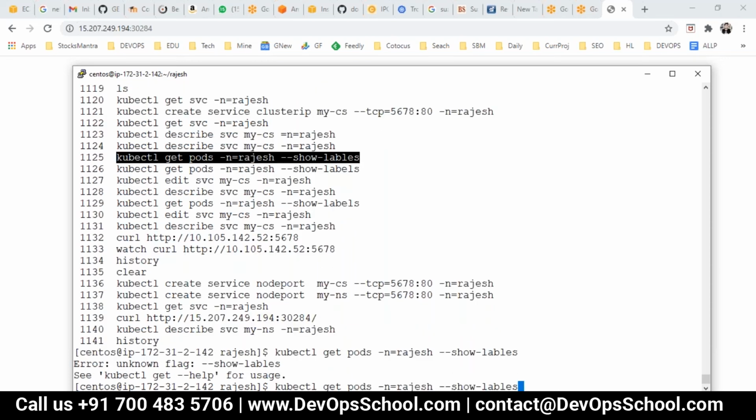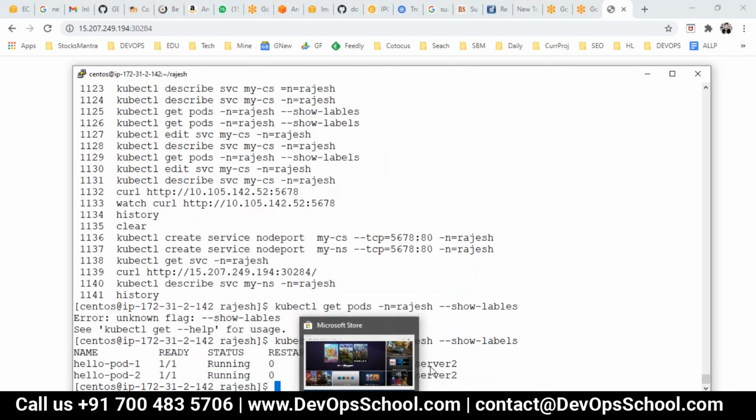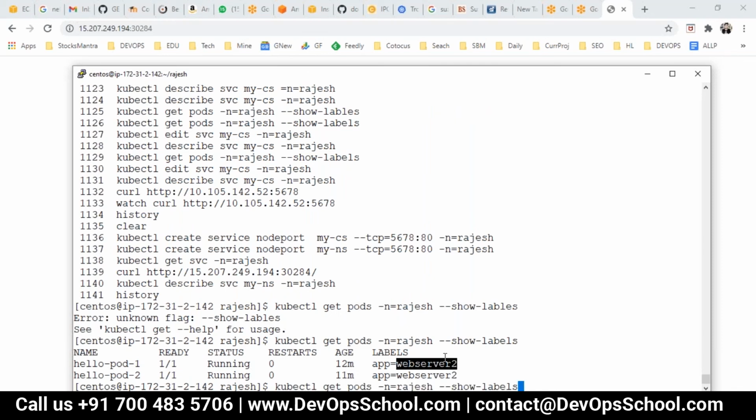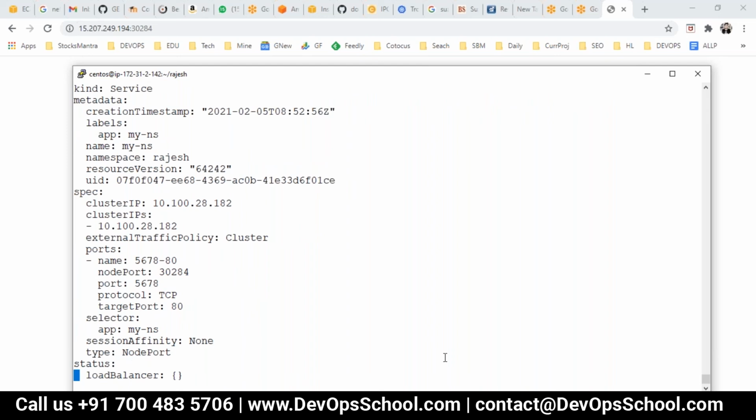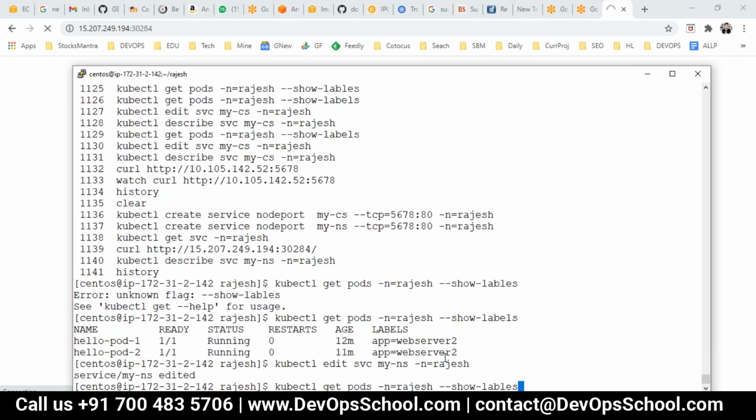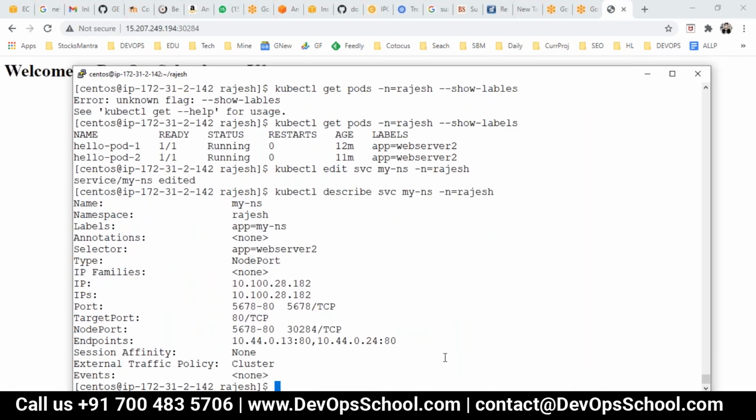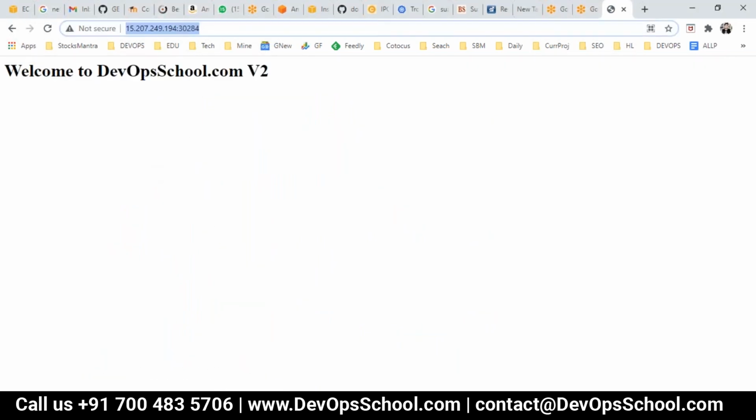Here this label, web server. So I'm going to modify this service and change the selector again. Same thing I'm doing, nothing else. It's just like last time I explained it to you. This time limiting that to web server 2. Now you see here, 2 came, and now you see welcome to. So now if you keep clicking here, sometimes v1 will come, sometimes v2 will come.